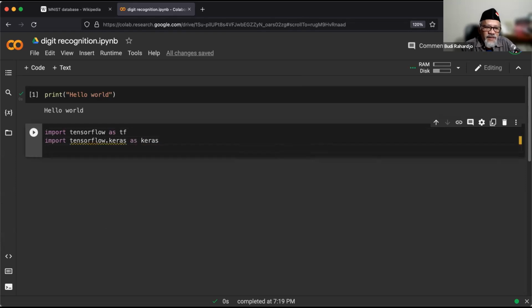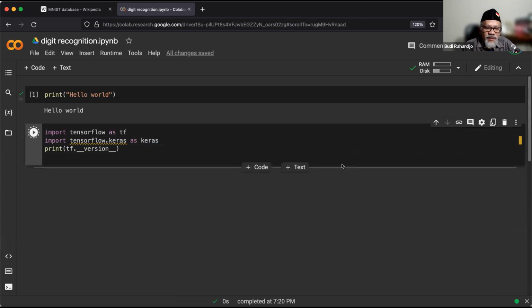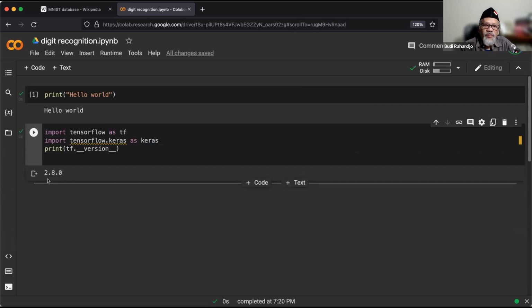And then you run it. It should show nothing, right? So that means it is okay. Now let me just print the version. Print TF dot underscore underscore version underscore underscore. If you run it, it will say version 2.8.0.